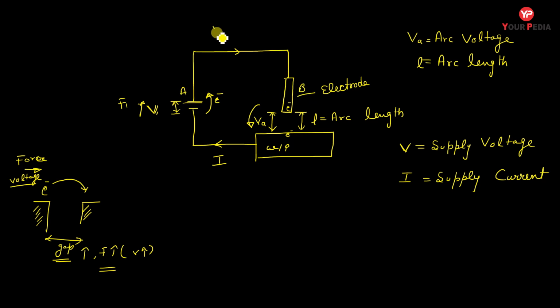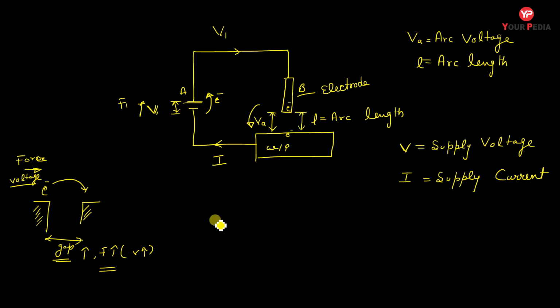So the more the voltage, that is the source voltage, the more and more electrons jump here. But if this voltage is very less, then the number of electrons jumping here is less. So we can say electrons start accumulating here. If the voltages VA and V1 are different, then electrons start accumulating here, which is the major problem in arc welding.